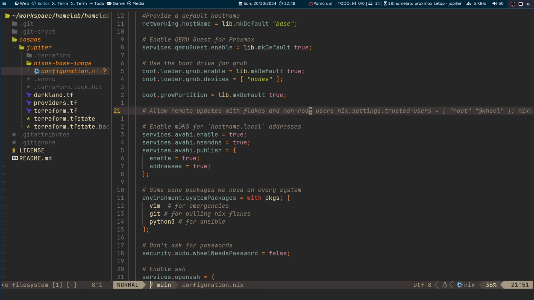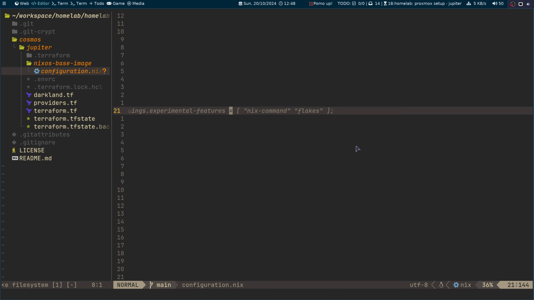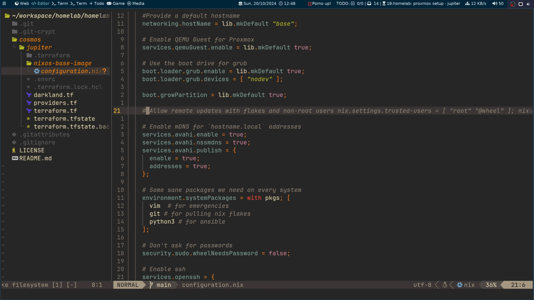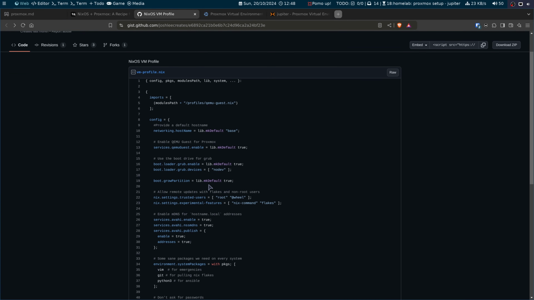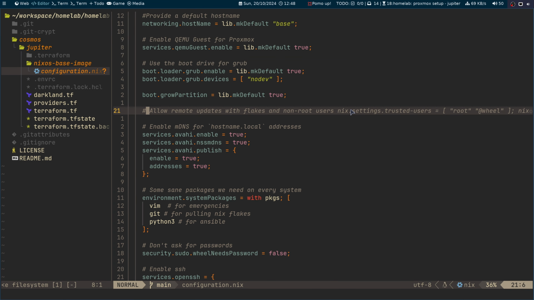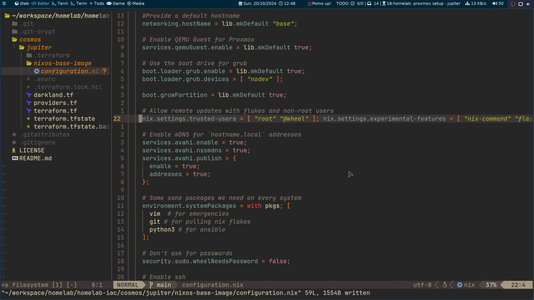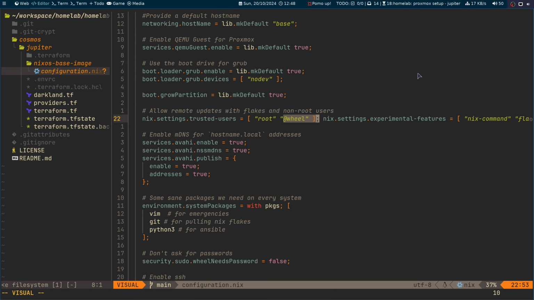And this looks interesting. Okay, so this should be enabled. Okay, so this means the remote users under this group will also